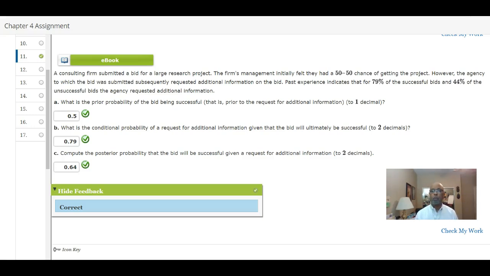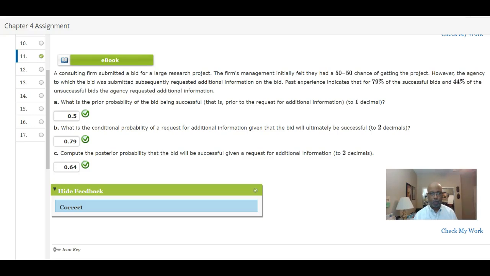Now, this is where the key to recognizing it as a Bayes theorem problem comes in. We've got some past experience that indicates that for 79% of the successful bids and 44% of the unsuccessful bids, this agency has requested additional information. So this is the additional information in the problem that should trigger you to recognize it as a Bayes theorem